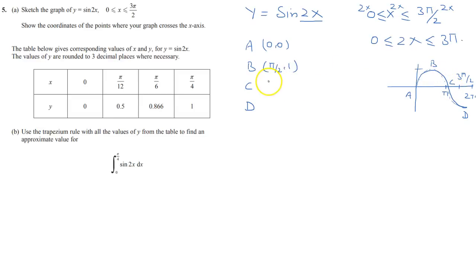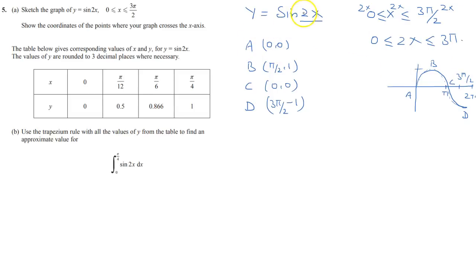This coordinate is 0, 0. Now for this coordinate X is 3 pi over 2 and Y is minus 1. These are the coordinates